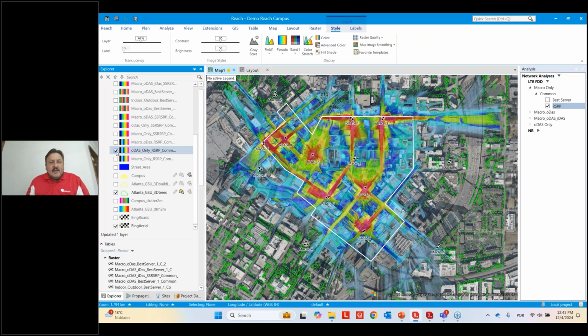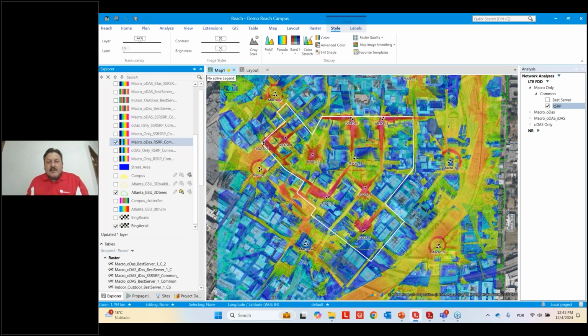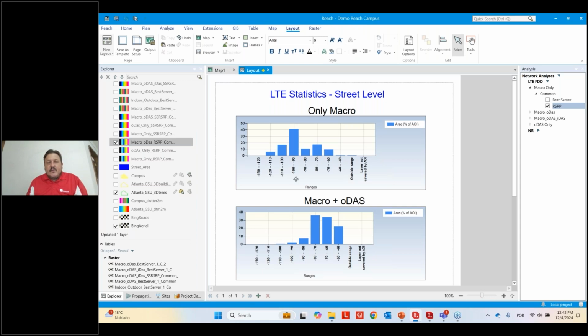And finally, I can run a final map considering all the macro network, considering my macro sites and our outdoor DAS solution. And if I run the statistics again, I can create a layout to compare the statistics. So I will see my statistics considering only the macro network. And then when I apply a new solution in the macro environment, I can see the results, and I can solve any problem